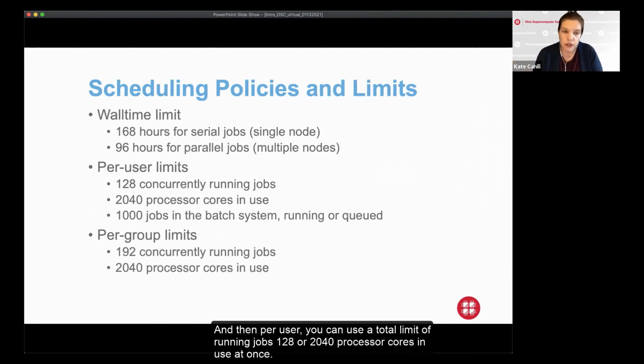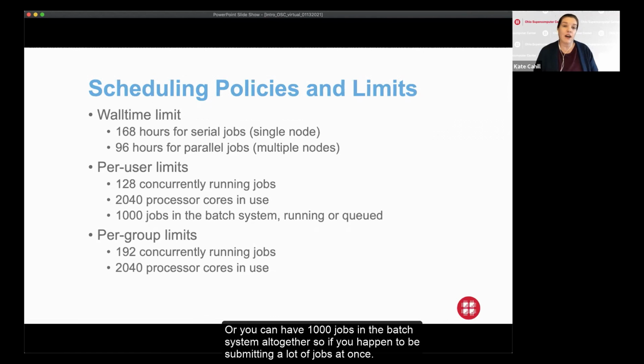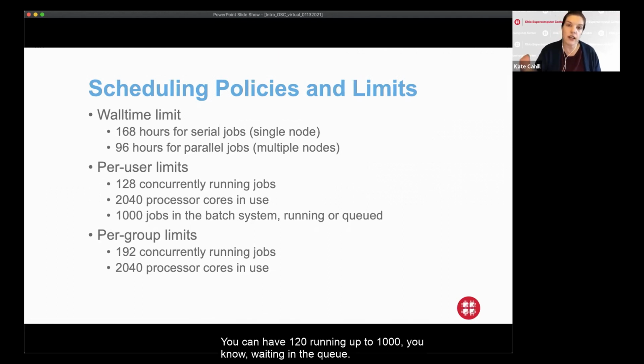And then per user, you can use a total limit of running jobs of 128 or 2040 processor cores in use at once. Or you can have 1,000 jobs in the batch system altogether. So if you happen to be submitting a lot of jobs at once, you can have 128 running and up to 1,000 waiting in the queue.